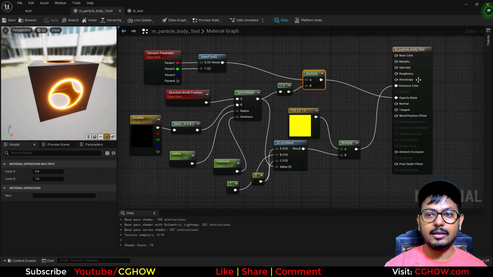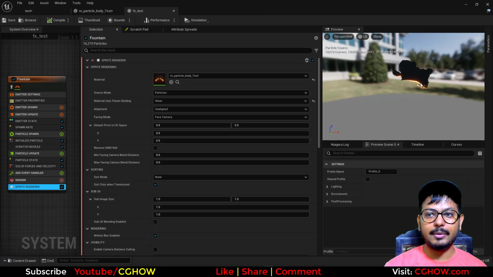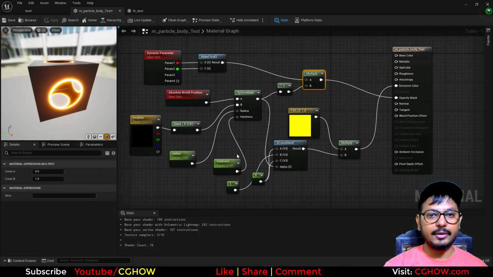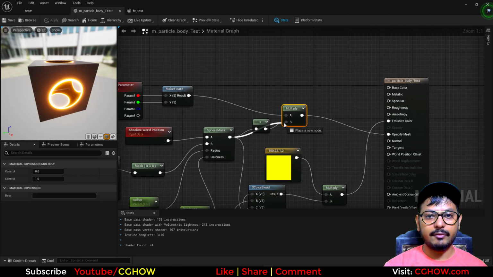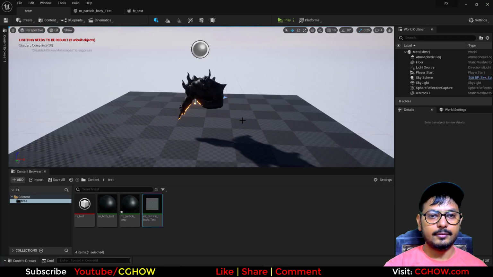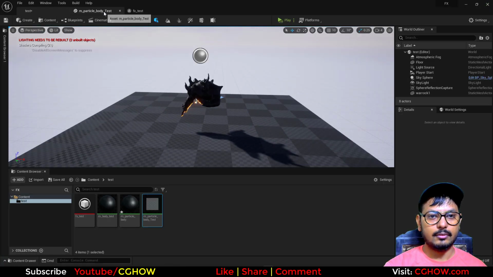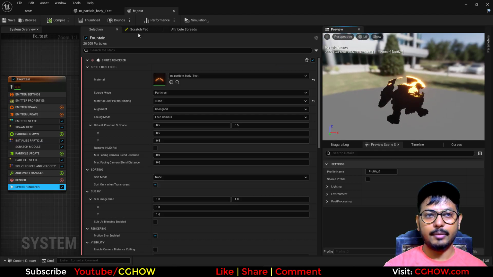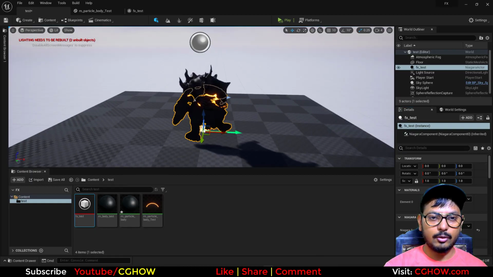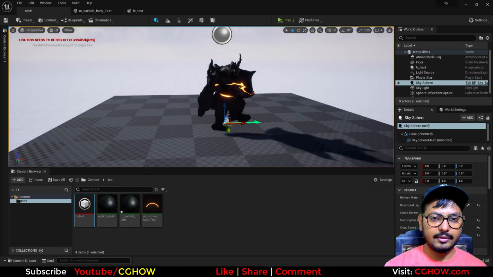the particle is also spawning from the same area where my model is visible. So this time the upper part of the model is visible, so the particle should be here, which is dissolved. For this particle material I have inverted this. I will remove this, so it will work inversely. So now the bottom part is visible, and I will just drag this here. So now you can see the particle is here and this is there, and if I want to animate that, but